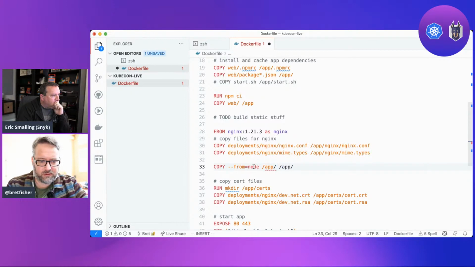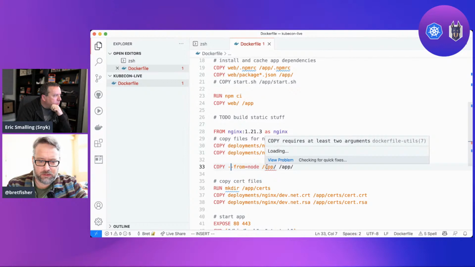I thought that's the correct syntax. It might not correctly pick up the from, but it should be the right syntax. Yeah, someone in chat probably knows what I'm doing wrong there, but